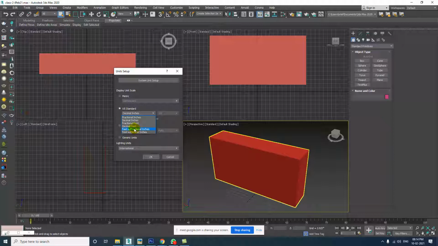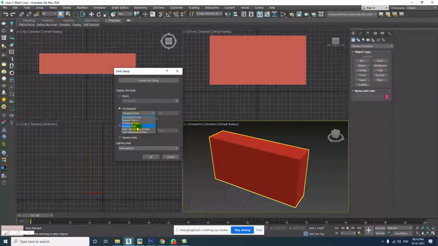Can you see the computer screen? It's very small maybe on your computer screen, but in the recording you will see it very clearly. It is mentioned here: fractional inches, decimal inches. Now fractional and decimal, let me tell you with the help of it. You understand this fractional and decimal? You understood, you are already working on this. Fractional is 1/4 or 2/4, 1/2, like that. Decimal is 1.1, 1.25, 1.0. I will give you an example.